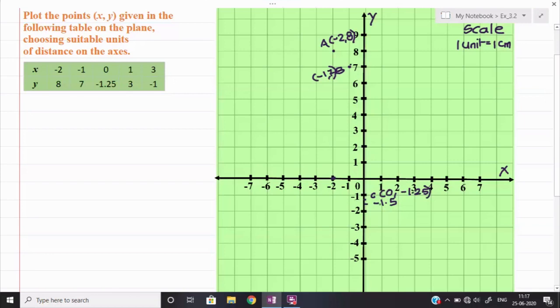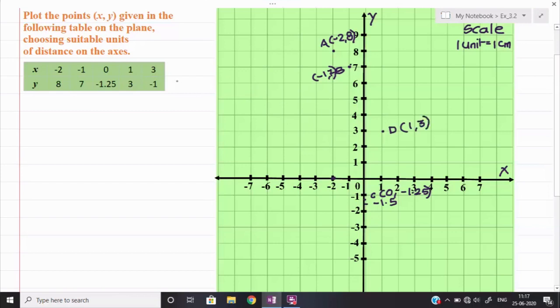Okay, now the next one is x equal to 1 and y is equal to 3. So first of all, reach x equal to 1. Where is x equal to 1? At this one, x coordinate 1. So on the x-axis I am reaching 1. Then from 1 I will go to 3, meaning I will mark the point at this place. This is D, 1 comma 3.